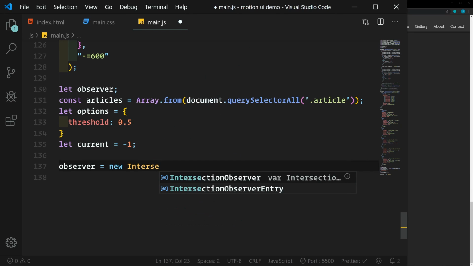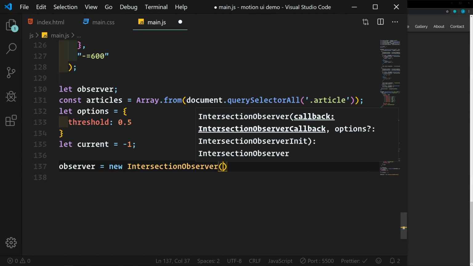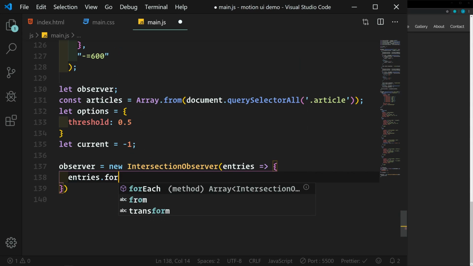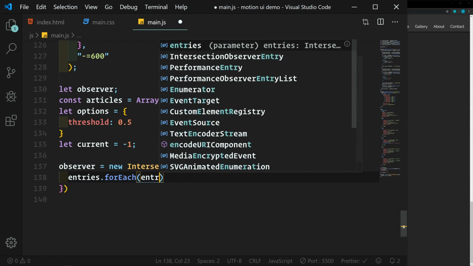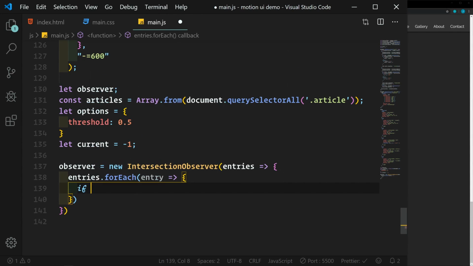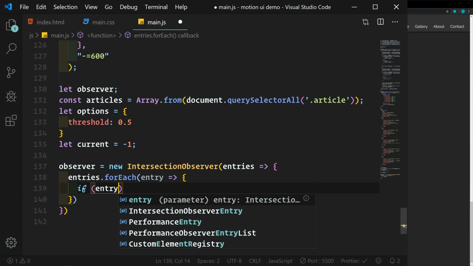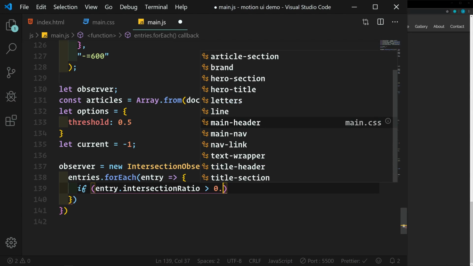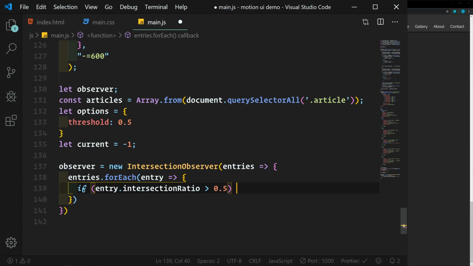So now we'll set our observer equal to a new IntersectionObserver, and the intersection observer takes a function. So we're going to say entries and then an arrow function. And then we'll say entries.forEach, and we'll get each entry, and then another arrow function. And then we'll say if entry.intersectionRatio is greater than 0.5. So if we're at least halfway through the intersection of the target,